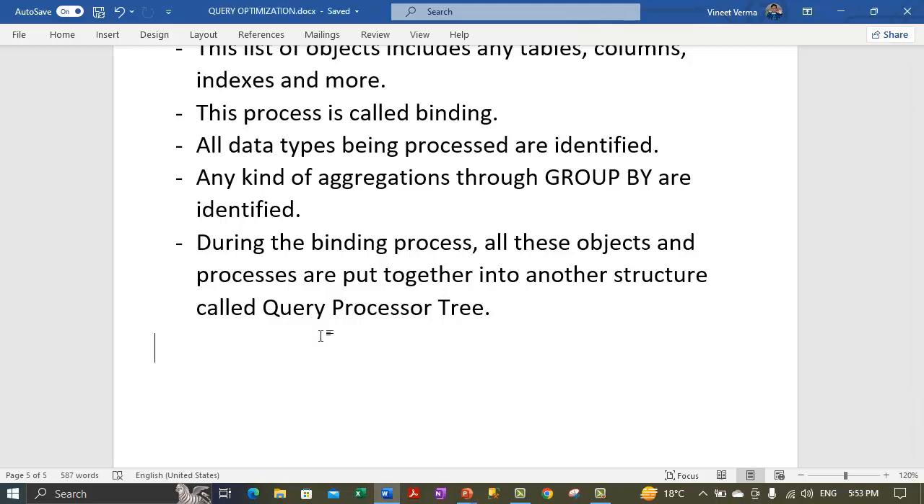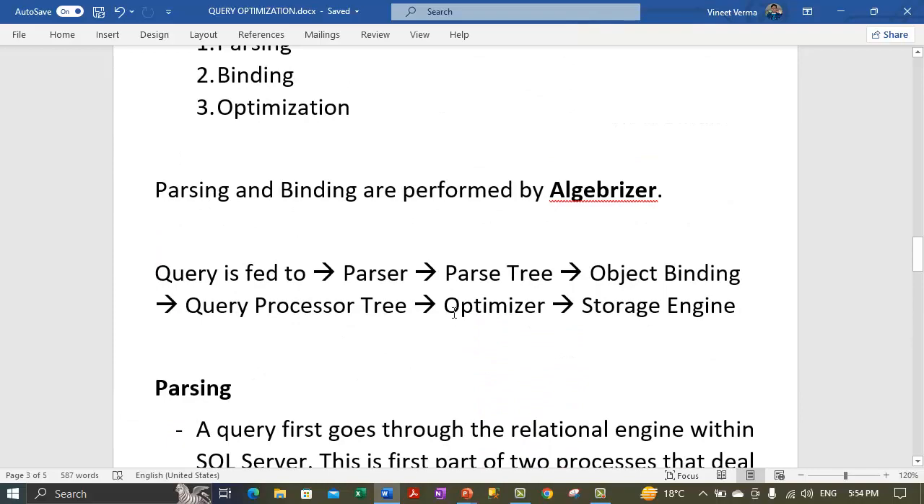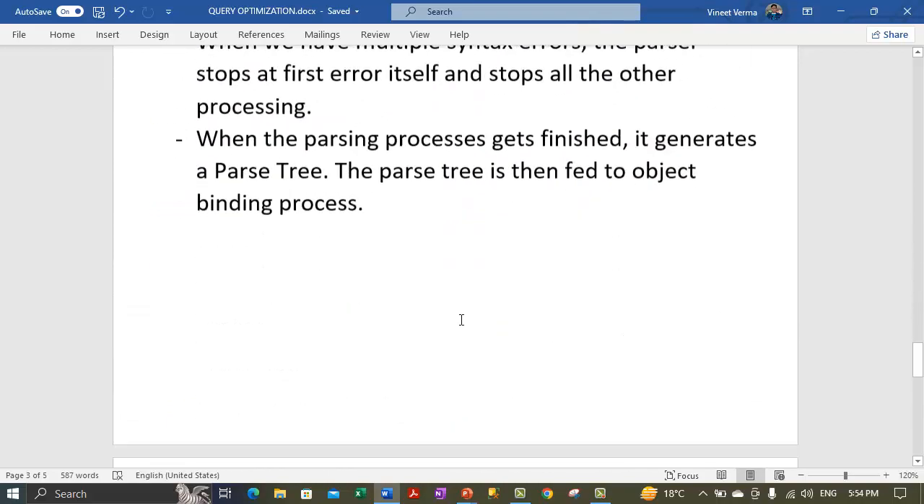So once the query processor tree is generated, it is fed to the optimization process, or the optimizer. This is what was mentioned above. Yes, it is fed to the optimizer. Okay, now